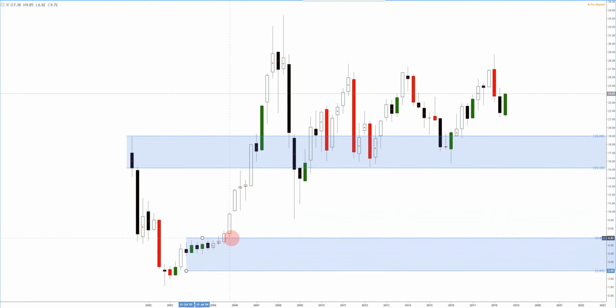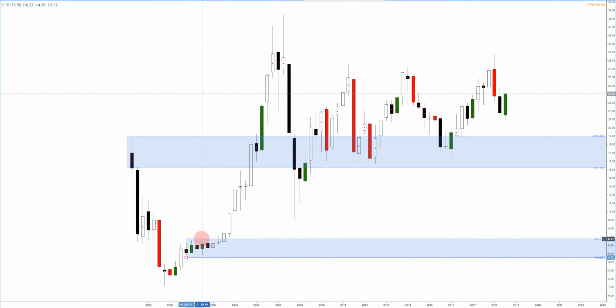So I move this rectangle over there. I'm going to cover all of it. That's the pause. We could make it a little bit smaller if you want, but it's like that. So we have demand based on that. Then we proceed on the way up, and price rallies, ERC candles, it bases, and then